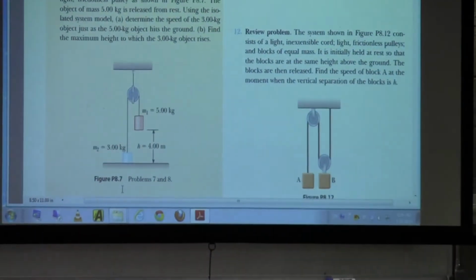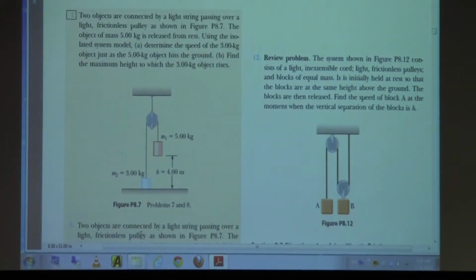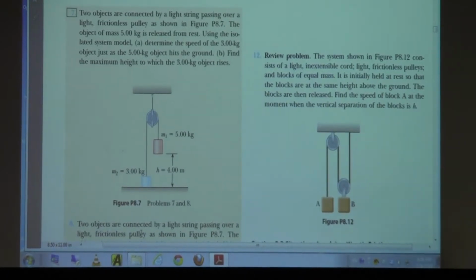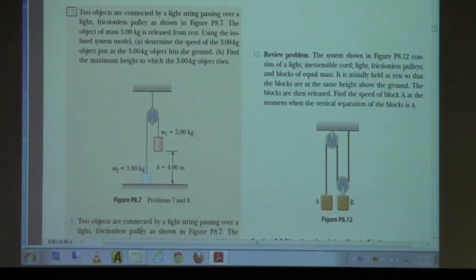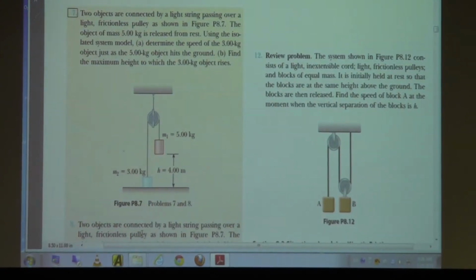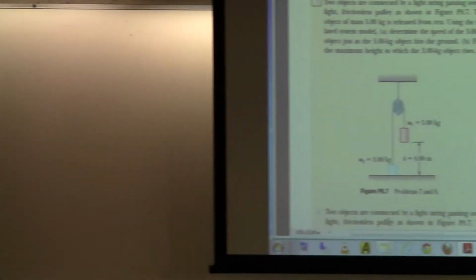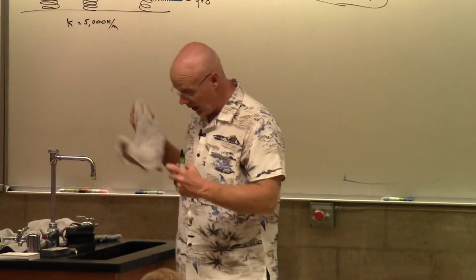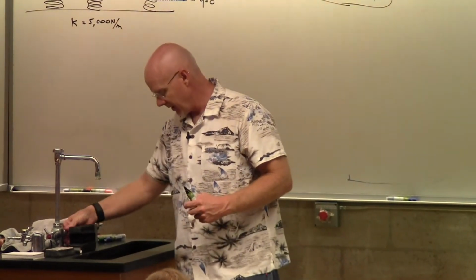Maybe now we'll go a little further. In fact, this is a good one to do, number 7, because it is identical, well, almost identical, to the one you guys are about to do in class today. And maybe I should say part 1 of the one you're doing in class,